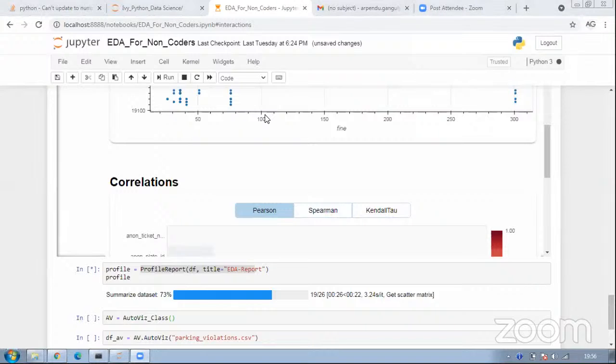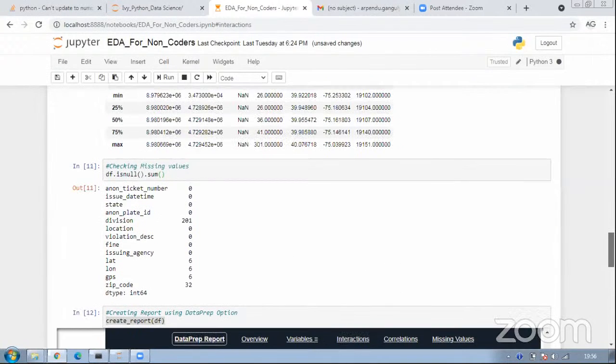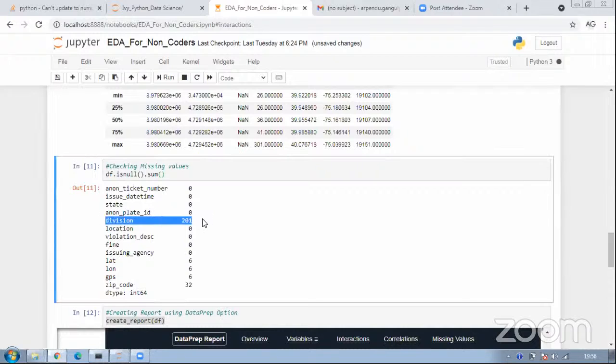Let me read Tanuka's question: apart from this, what will be the conclusion from this EDA? Okay, so from this EDA, given the number of data sets that we have, the first conclusion is definitely that we do not have a division variable. The entire column is missing, and I cannot impute all missing values, so I cannot use this variable. So one takeaway from this EDA is that the division column is redundant.